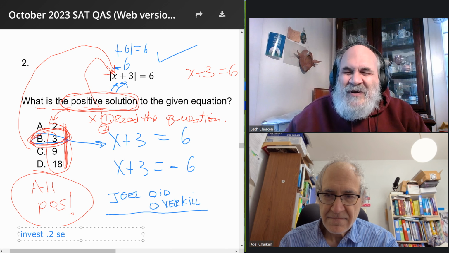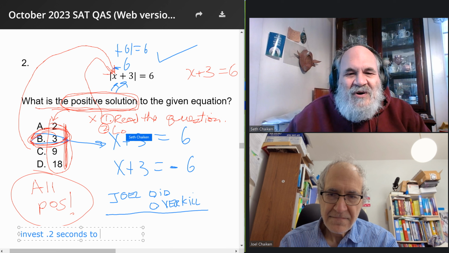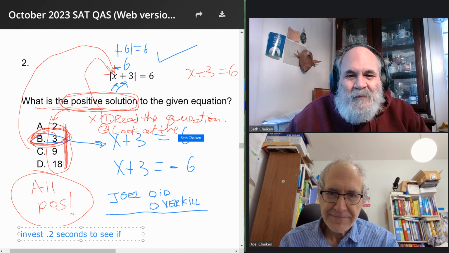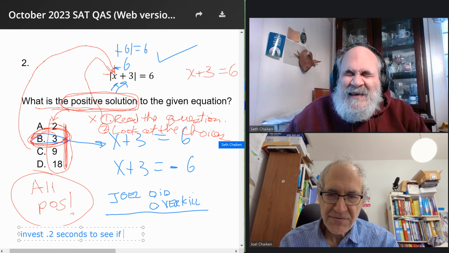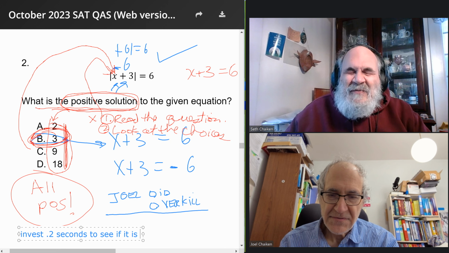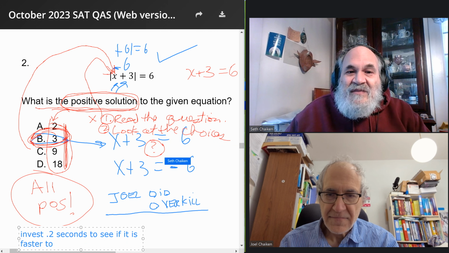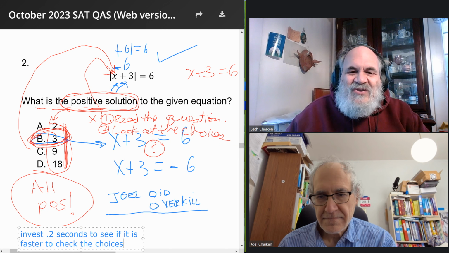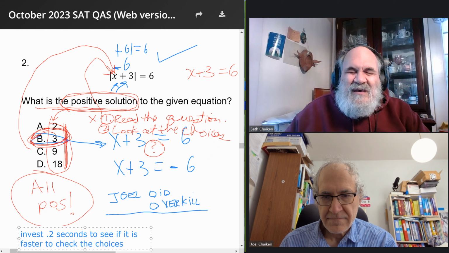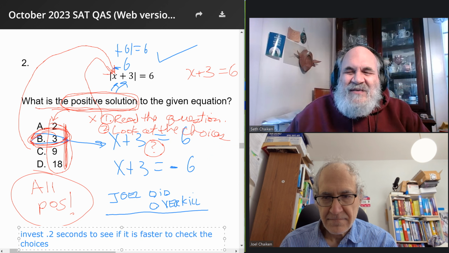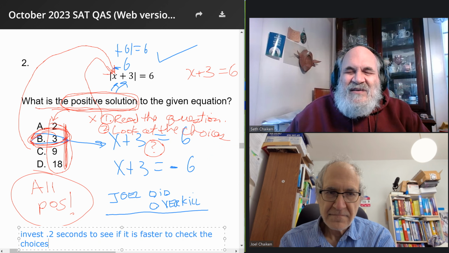It does not work in the real world. Look at the choices, and then use your brain. Think about simplifying the math in order to figure out which of the choices is correct. Use the fact that on SAT questions,